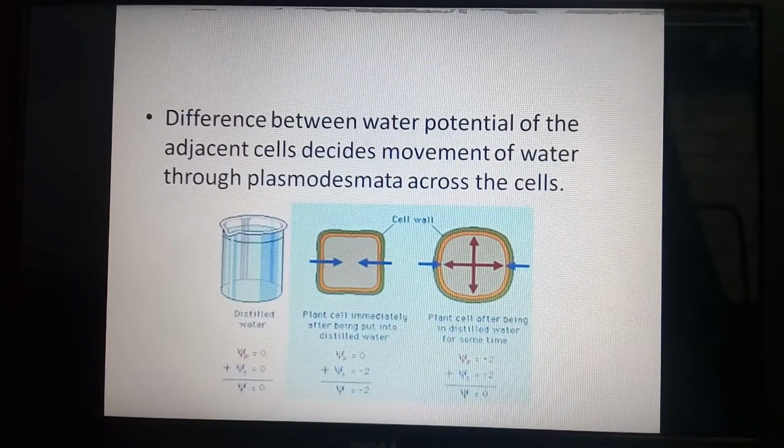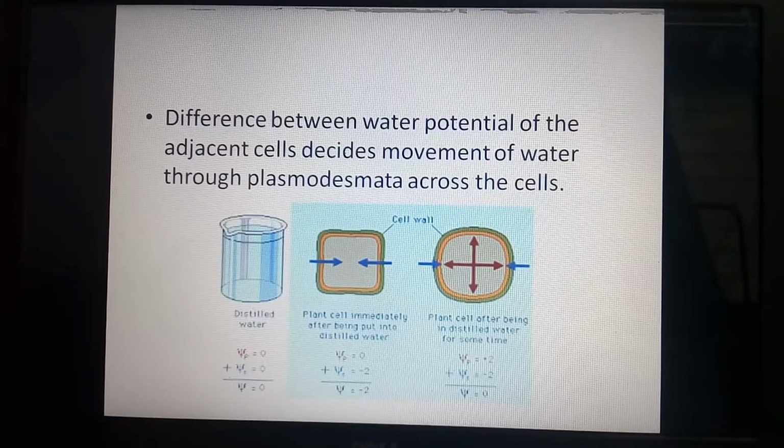Here we can take an example. This one is pure water. When we place the plant cell into the pure water, water started to move inside the plant cell. As the water moves inside the plant cell, the turgor pressure is increased. And here you can observe water stopped moving further inside the plant cell. That we have discussed in the fully turgid cell, which shows a turgor pressure. This turgor pressure is equal to the wall pressure.